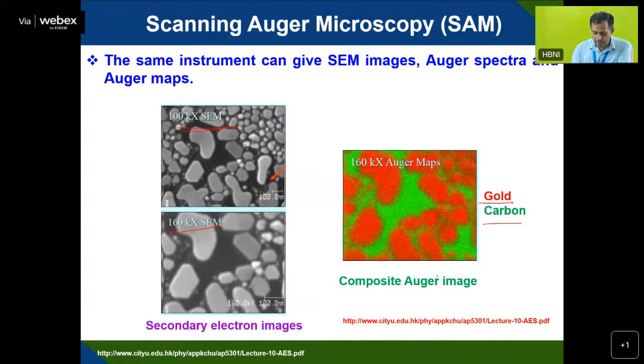By electron mapping, you can see the composition structure, like how this particular element is gold here, this is gold, and this is your carbon. So this black one is carbon, the white one is gold. Here, the green is carbon, and red is gold. So those mappings you can see more clearly and in a better way by scanning probe microscopy in comparison to